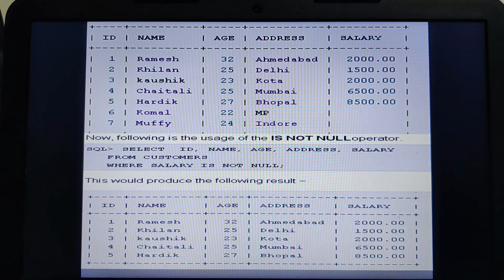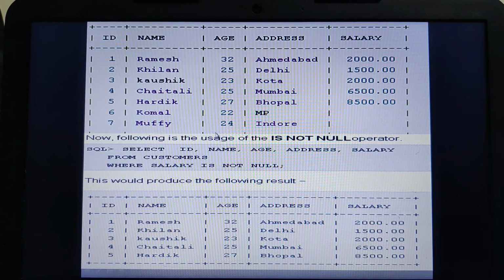Now let us move on to an example so you can understand clearly. See the following usage of the IS NOT NULL operator. Select ID, name, age, address, salary from customers where salary is not null.